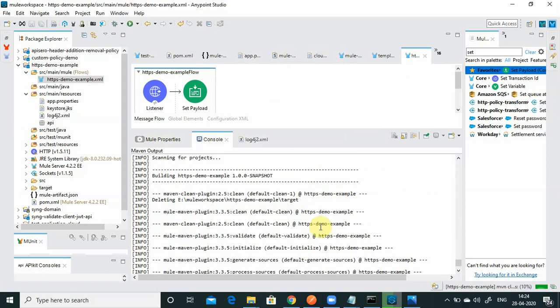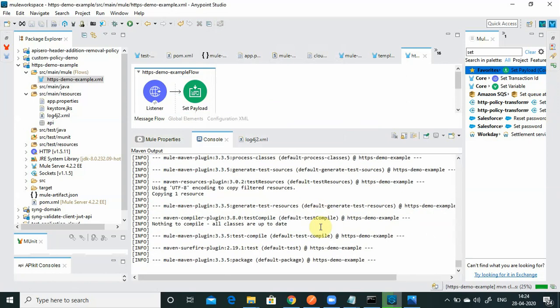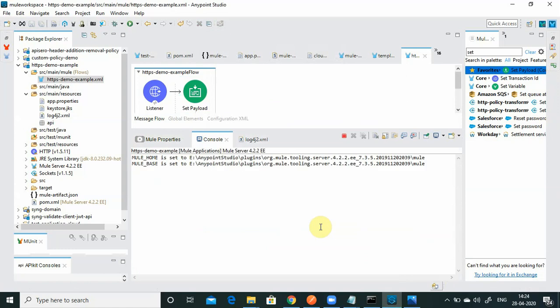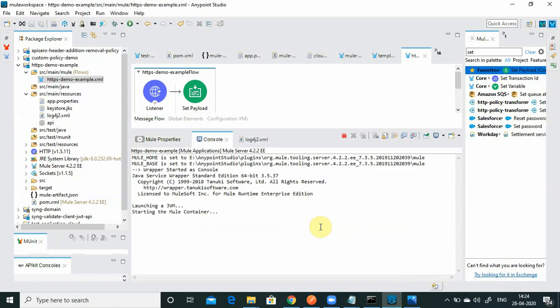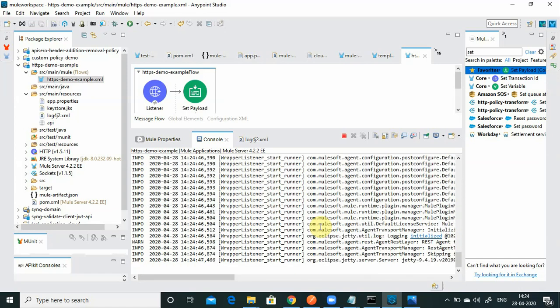So we have used a self-signed certificate, right? In a real scenario, we generally don't use a self-signed certificate. We generally use a certificate from VeriSign, from GoDaddy, or from another vendor. So in this case I will show you one issue you may face when using a self-signed certificate. Let the application get deployed first.